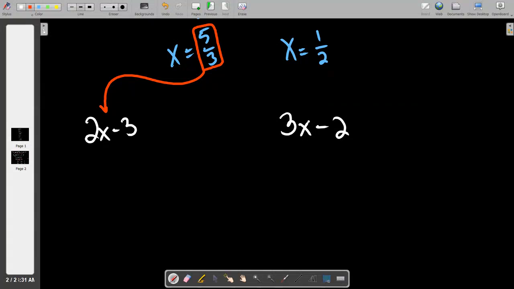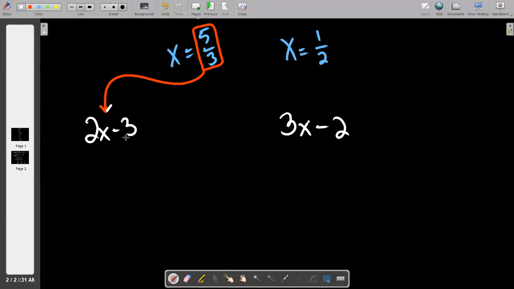Oh, those are my logs from the original problem. Look up on your paper about 4 inches. I just didn't write log this time. I was wondering if that would bother anybody. They're just the log arguments. I'm just seeing if they come out positive. That's all. If I put 5/3 in place of x, right there where the red arrow is pointing,